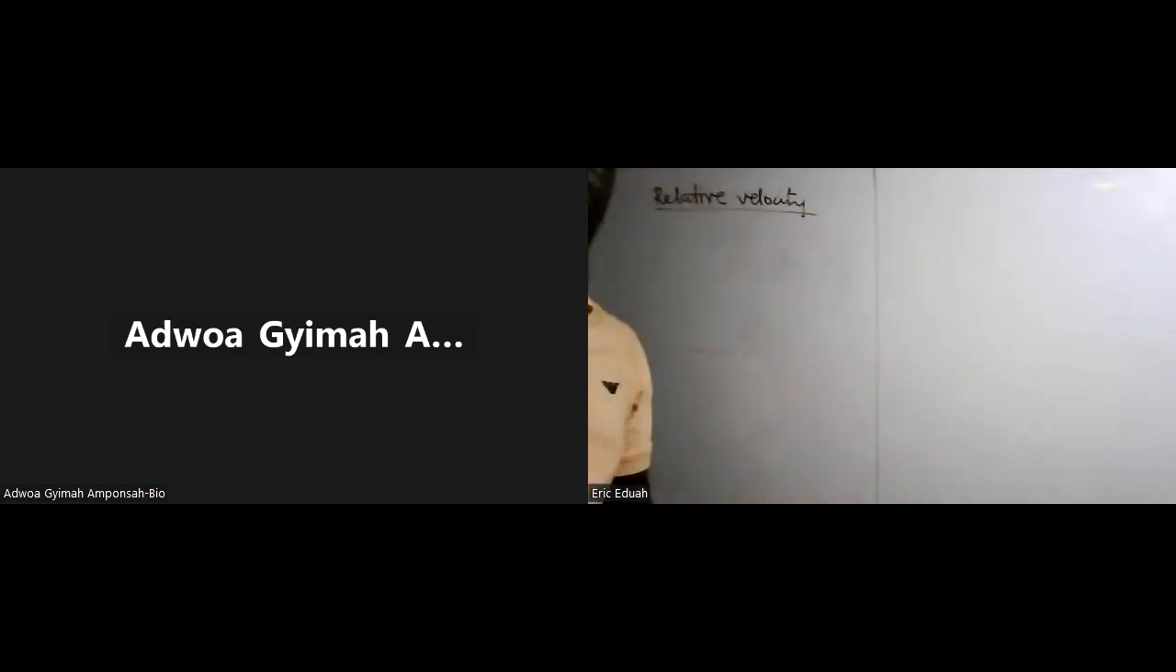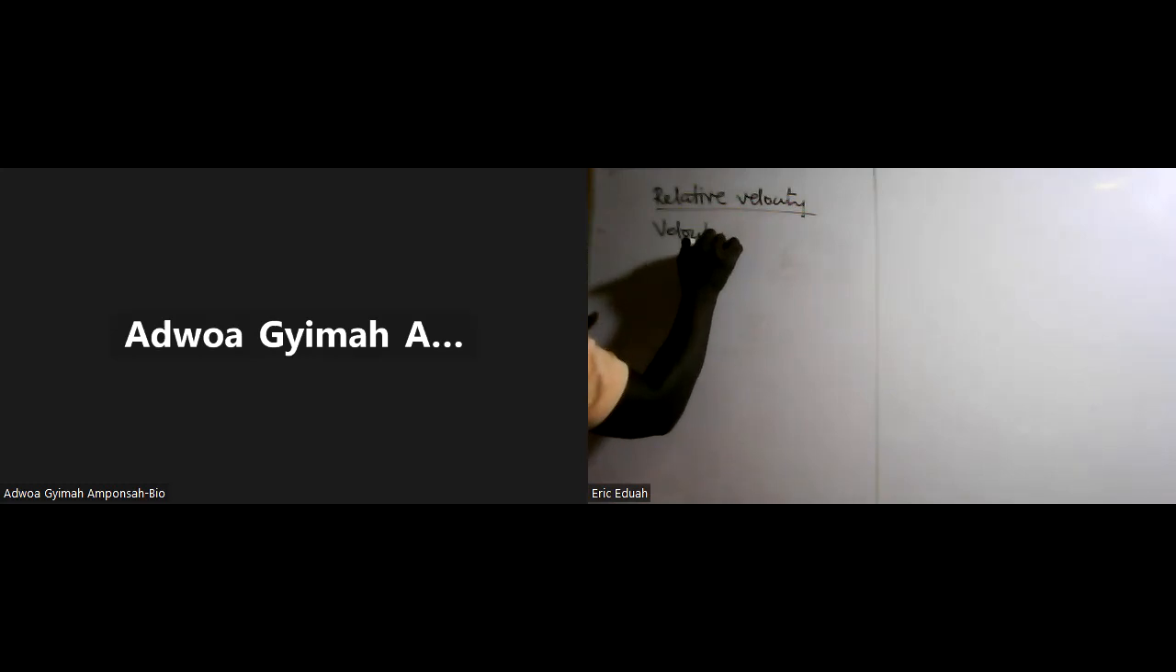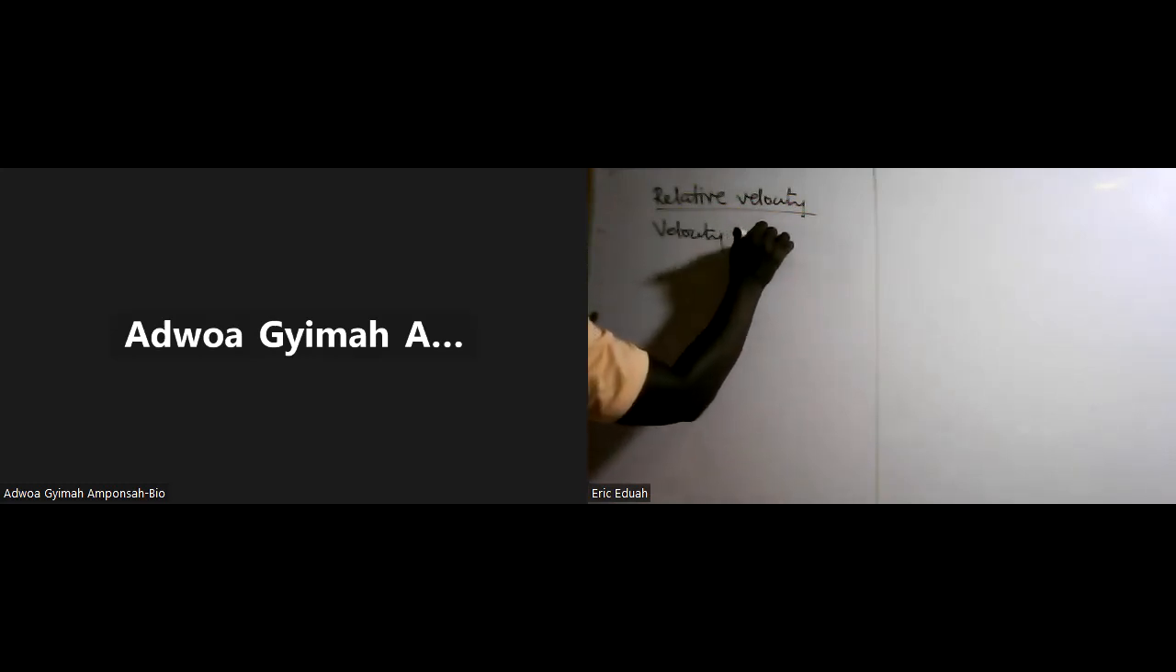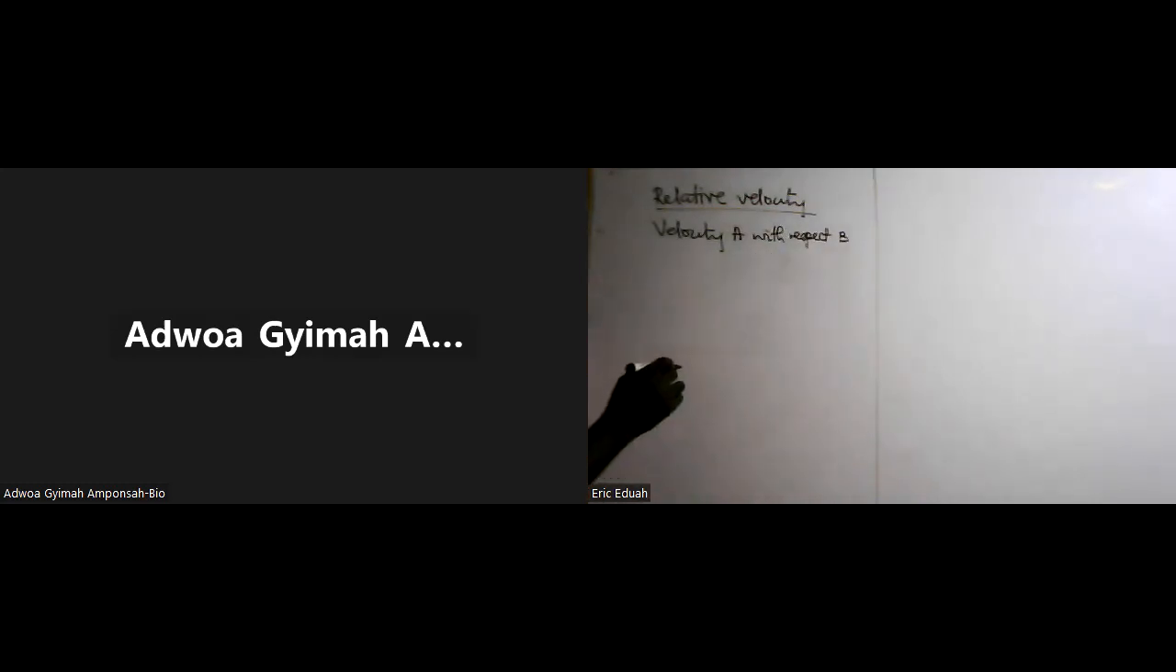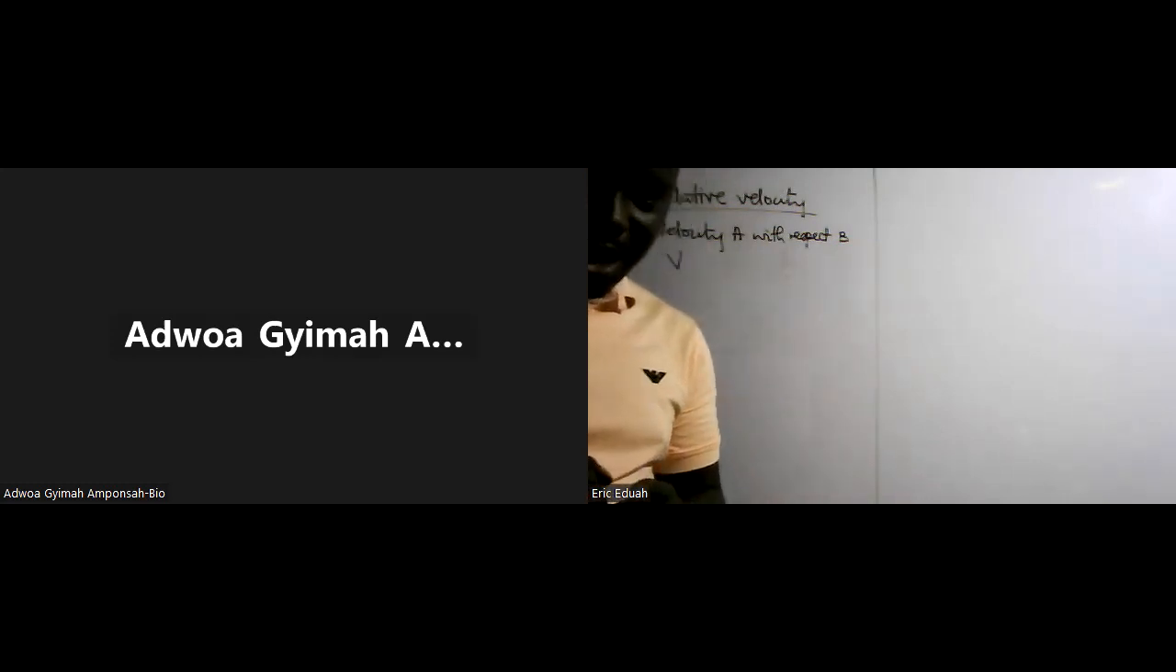All right. So with relative velocity, it's all about comparing the velocity of one body to the velocity of another. So we say that the velocity of A with respect to B